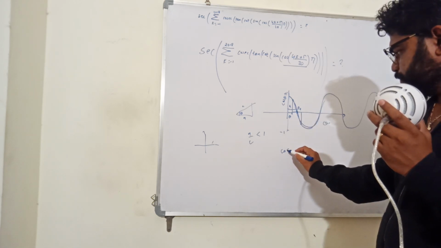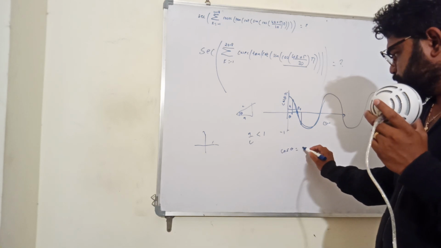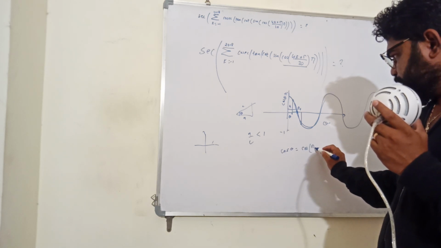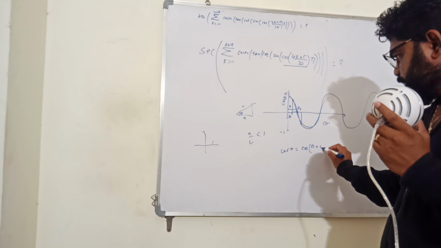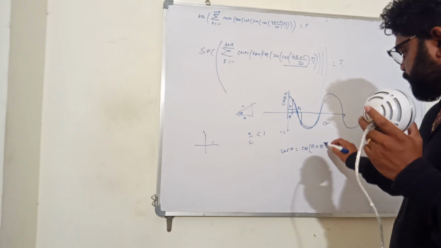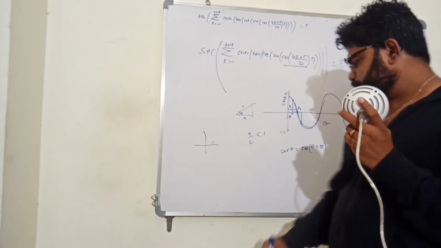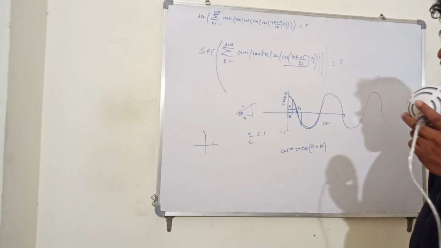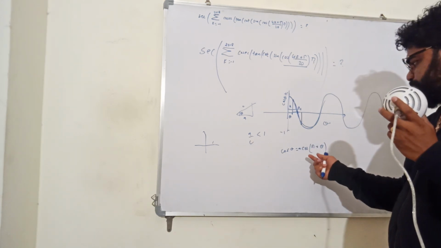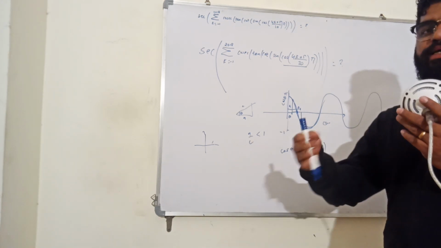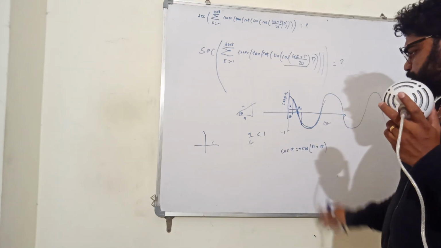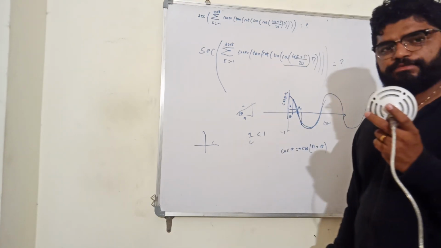So cos theta is equal to cos of pi plus theta. Negative, I am sorry, right? So cos of theta is always negative of cos of pi plus theta. This relation we know already,